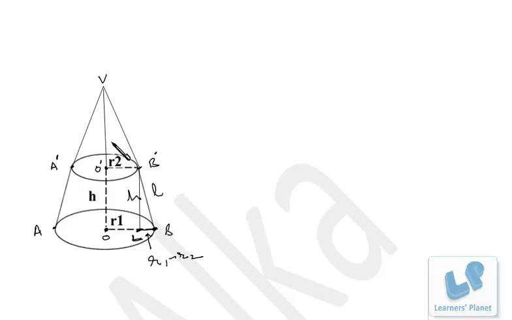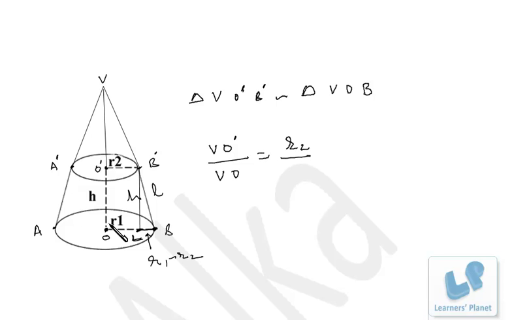Now friends, the important thing over here is this triangle VO dash B dash and VOB, both of them are similar to each other, right? Because this line is parallel to this line, right? So VO dash B dash is similar to triangle VOB, right? If the two triangles are similar, obviously their sides will be in the ratio. So the side of this triangle VO dash by side of this triangle VO is equal to R2 by R1,